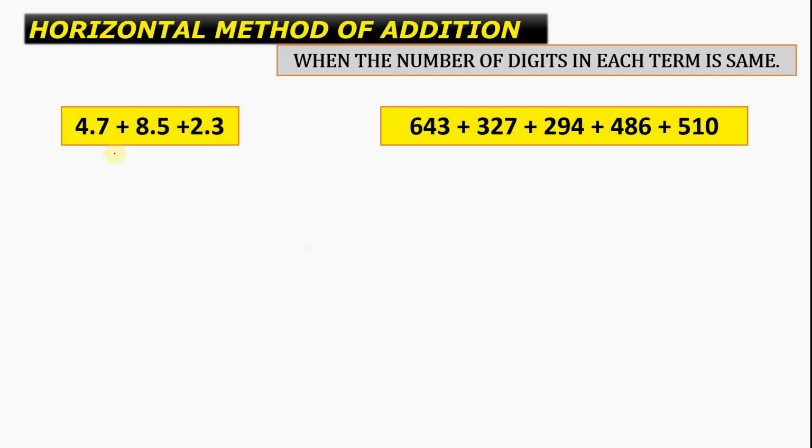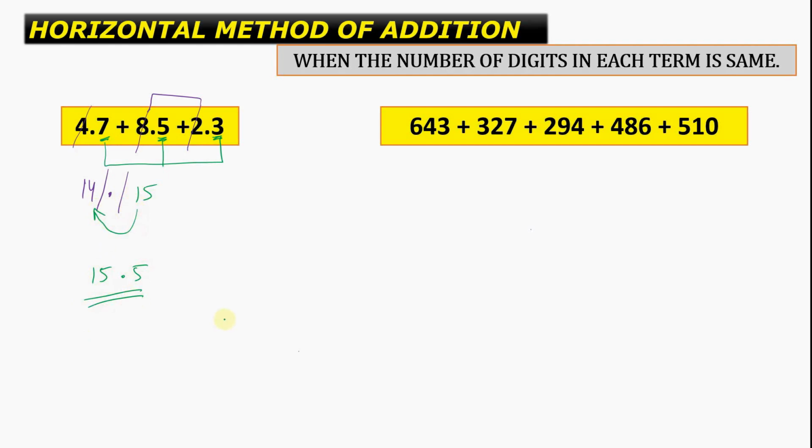Now the first question involves decimal places, and this method is also valid when we have decimals involved. So we say 4 plus 8 plus 2. Now 8 plus 2 becomes 10 plus 4 is 14. Then we have the decimal point, and 7 plus 5 plus 3. So 7 plus 3 becomes 10 plus 5 becomes 15. So this is 14.15, but this one will get carried over and the answer should be 15.5.